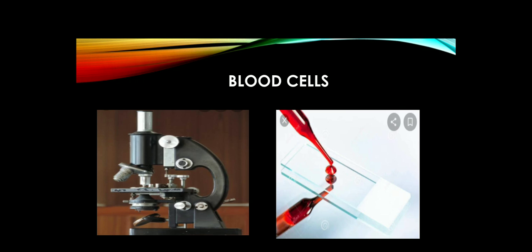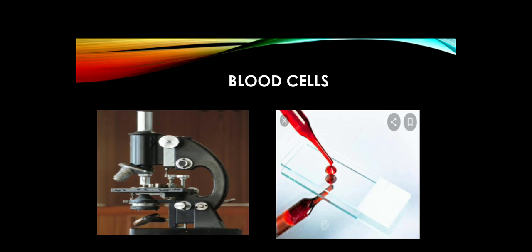Okay, the microscope is a very important instrument for biological science to observe the things that we cannot see with the naked eyes. There are plenty of germs in the surroundings that we cannot see, but we can see them with the help of the microscope. Like that, we can see the blood cell with the help of a microscope.